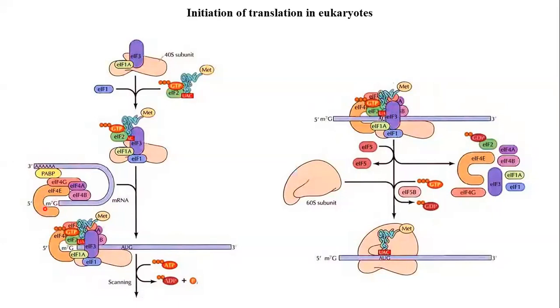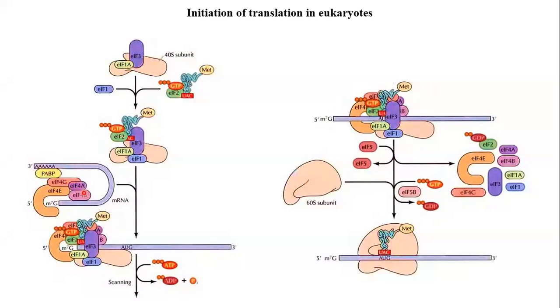At the 5 prime end, initiation factor 4E binds. Then it gets bound by initiation factor 4G, and this 4G interacts with PABP. So you can see here the sandwich. In between there is initiation factor 4G, which on one end interacts with the PABP, which has bound to the 3 prime end, and on the other side it binds with 4E, which binds to the 5 prime cap. And that's why this mRNA has been looped.